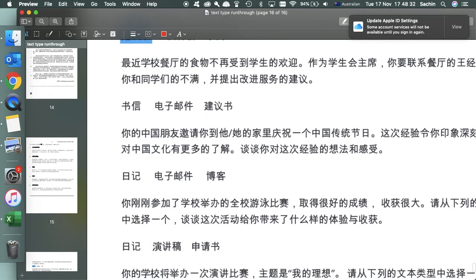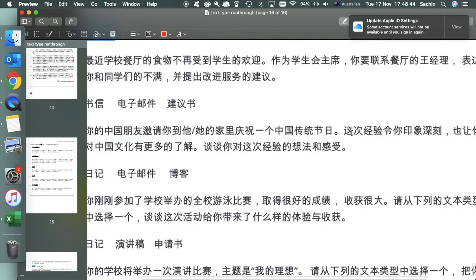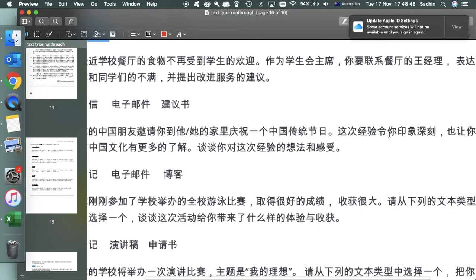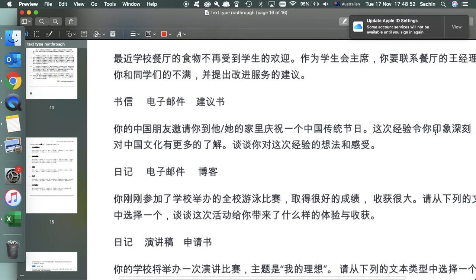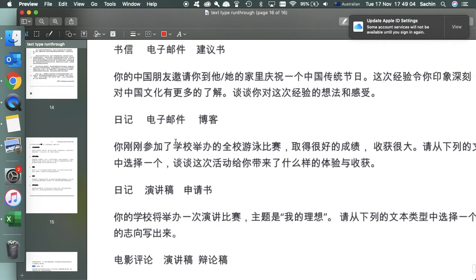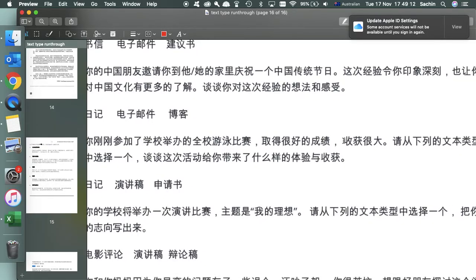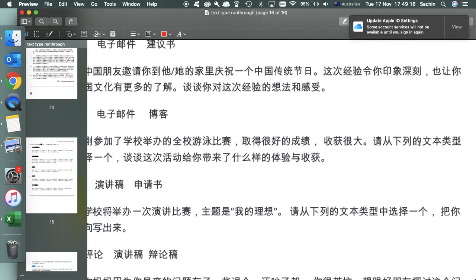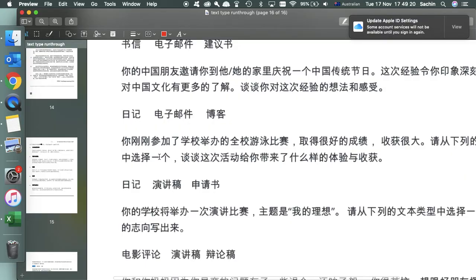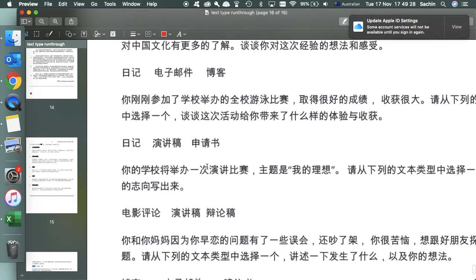And then third one, 你的中国朋友邀请你到他或他的家里庆祝一个中国传统节日。这次经验的你印象深刻，也让你对中国文化有更多的了解。谈谈你对这次经验的想法和感受。Number 4， 你刚刚参加了学校主办的全校游泳比赛，取得很好的成绩，收获很好。请从下列的文本类型中选择一个，谈谈这次活动给你带来什么样的体验，有收获。